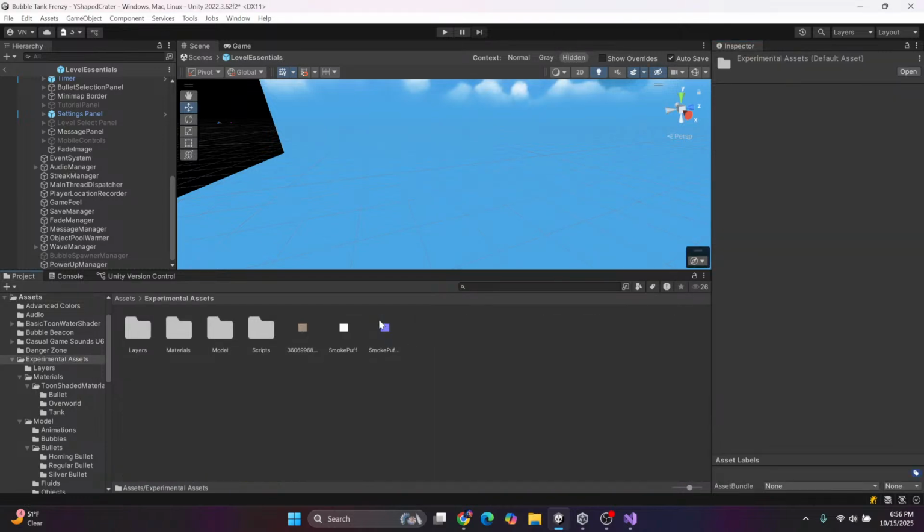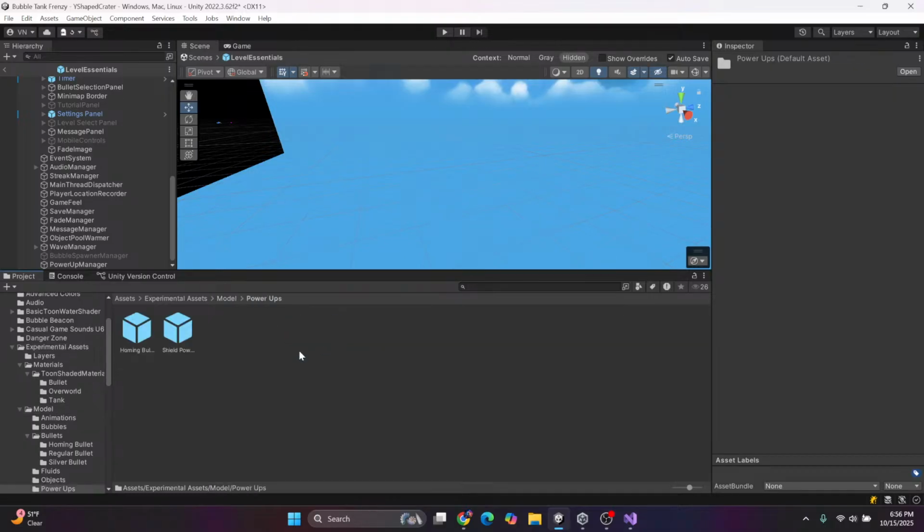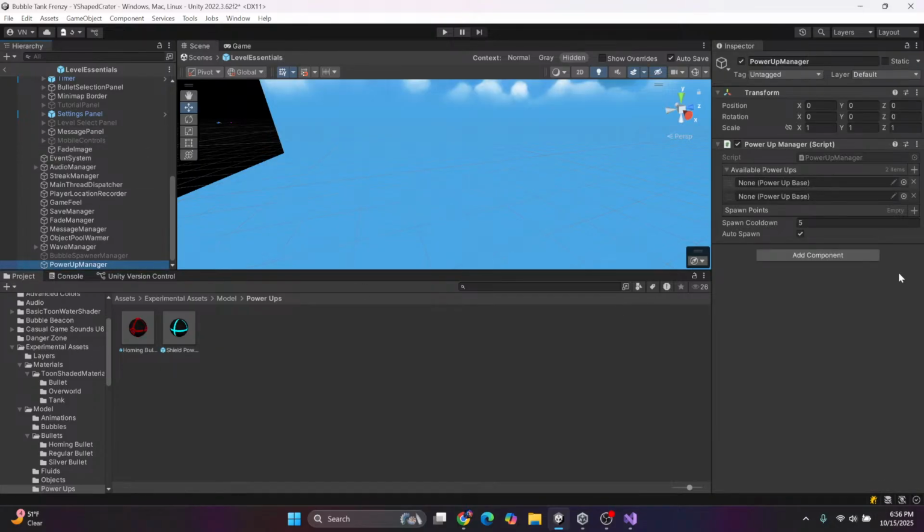Let's see, we want to go into here, we want to go into models, I guess, power-ups. Well, put these in here for now. These will be in here no matter what. Okay, so now that we have those,